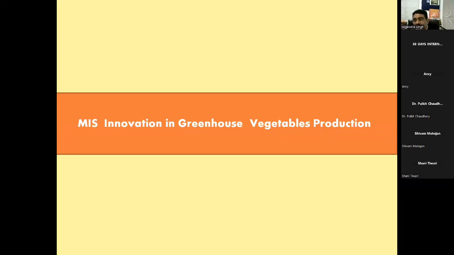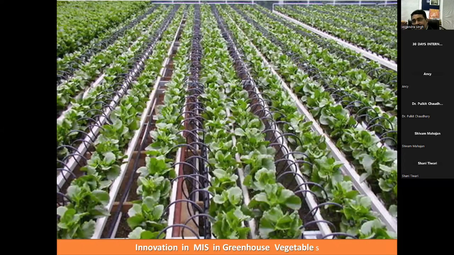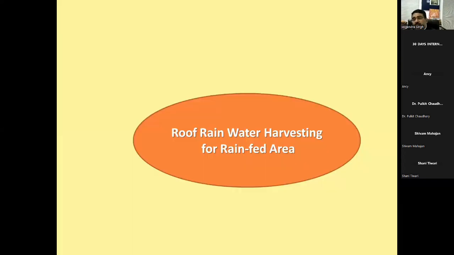Micro irrigation is the lifeline of potato cultivation. So these are the micro irrigation systems: hanging sprinkler and stacking sprinkler, boom, micro tube irrigation system, drip irrigation system, and boom irrigation system for nursery growing. So these are the irrigation systems we can use for protected cultivation technology. Those are for nursery purposes, for increasing humidity, and for providing fertigation. These are the micro irrigation systems.